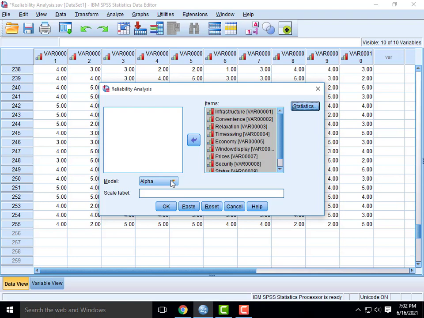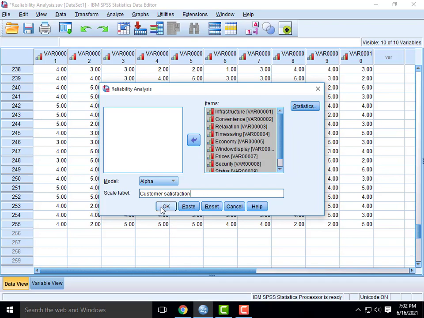Then here we have different types of reliability. Now we are checking alpha. Just click Alpha, then the scale label, that is our unobservable or latent scale name. We can type it as customer satisfaction. This is our factor name.